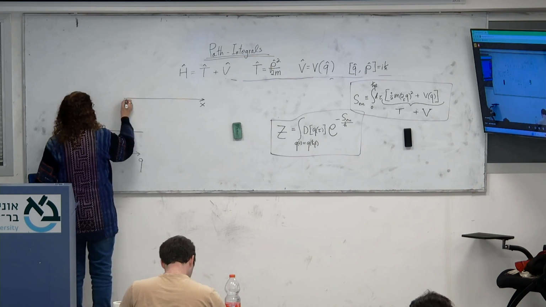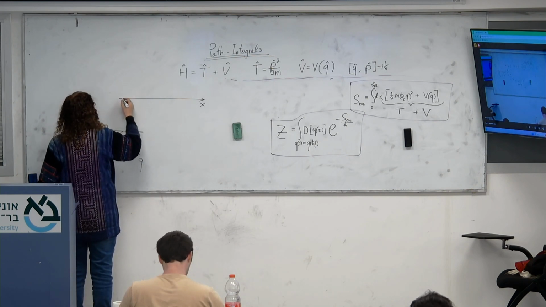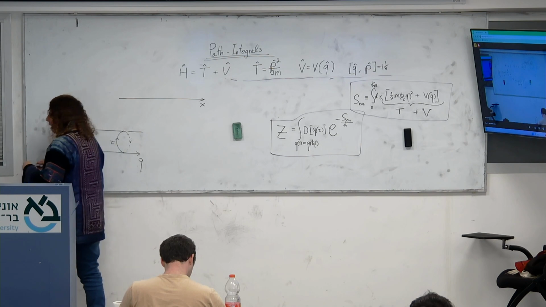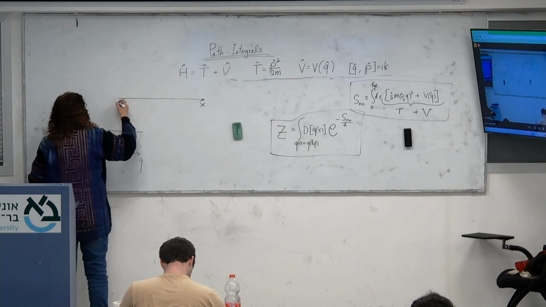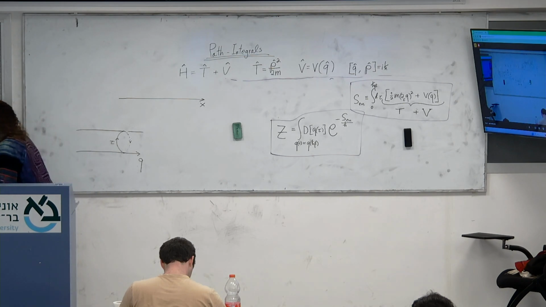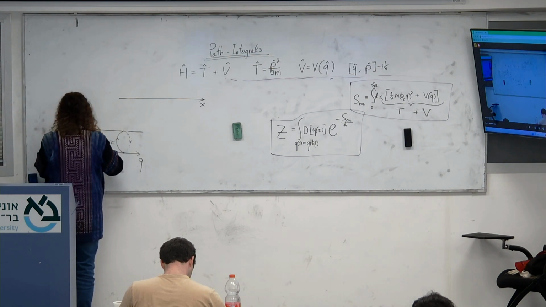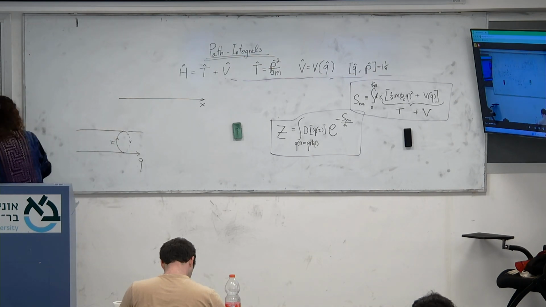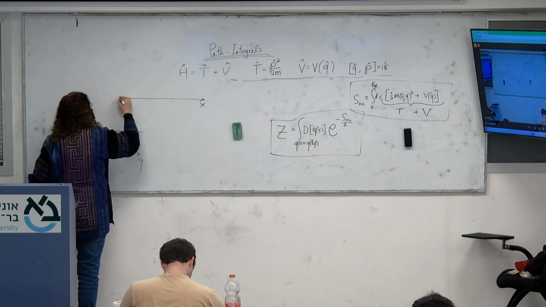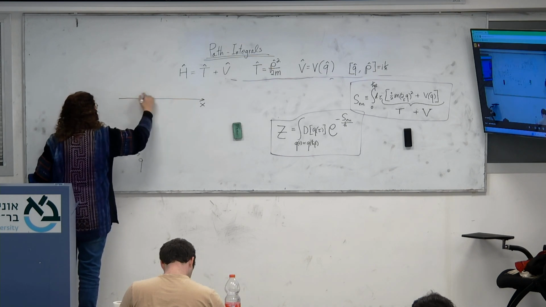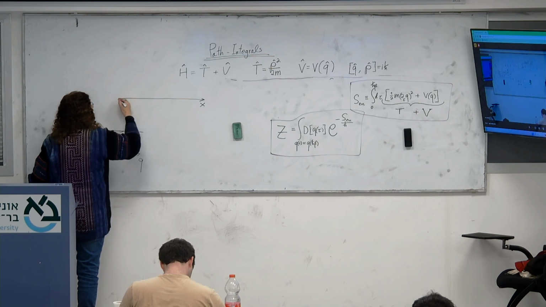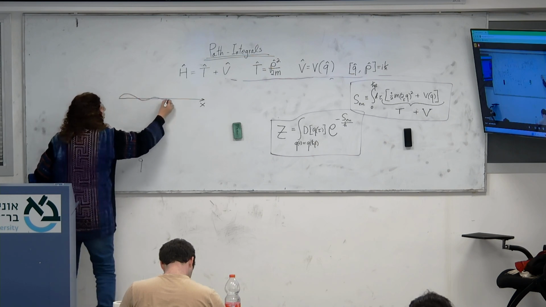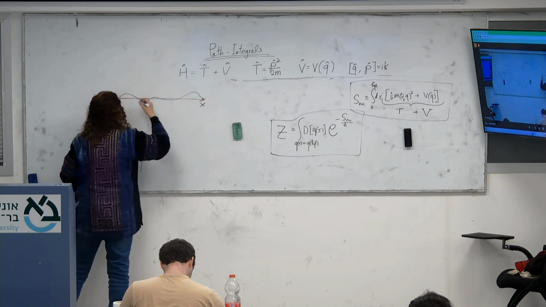And then we can introduce a collective variable, which is the q, the displacement. So this is the equilibrium state, and we have some general